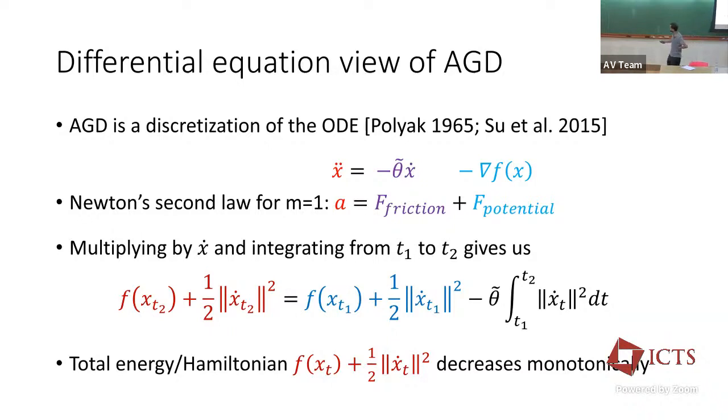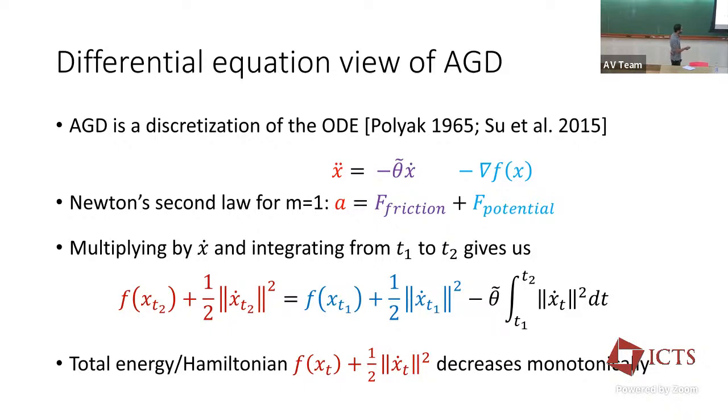Earlier for gradient descent, for example, we were thinking of this kind of equation, f of xt plus 1 is f of xt minus this thing. So it monotonically decreases the function value itself, right? Here, in Nesterov's accelerated gradient, in the limit, this ODE is not monotonically decreasing the function value. It's decreasing the function value, which is the potential energy, plus this kinetic energy, which is the total energy. Okay. So somehow we have to keep track of this entire total energy to get a better handle on the accelerated dynamics. So the punchline of this entire exercise is that this total energy, the Hamiltonian,